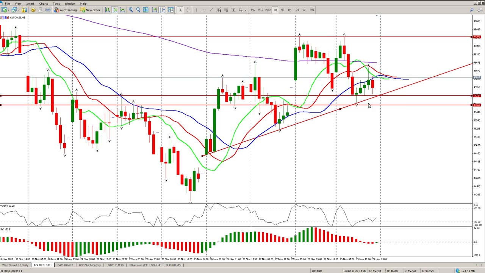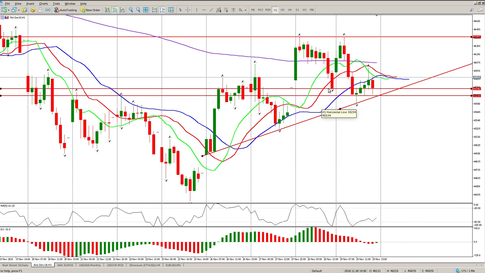So a lot of things could happen at the moment, and I think the critical thing here is we broke through the alligator. We also broke below the low of the previous day, which is here. We came back and we've tested that break. In other words, we've tested the break of the alligator, and the alligator has not quite changed direction. We would want green, red, blue pointing down like that to indicate that we've changed. At this stage, we are just all over the place.